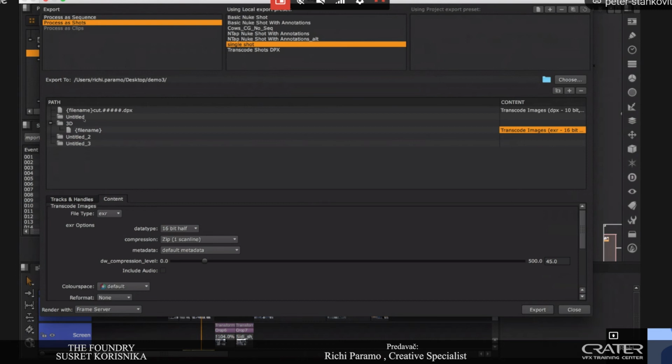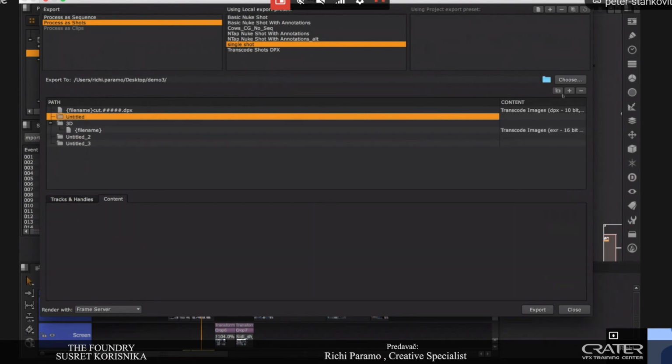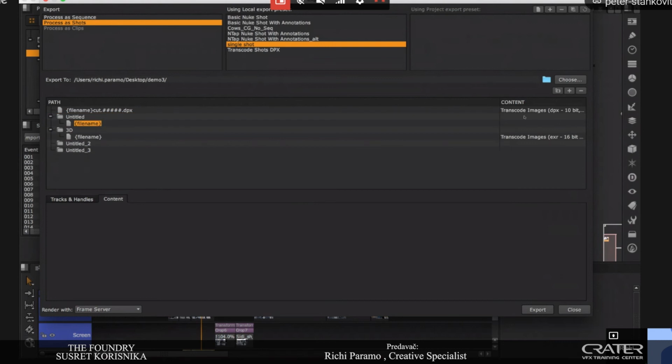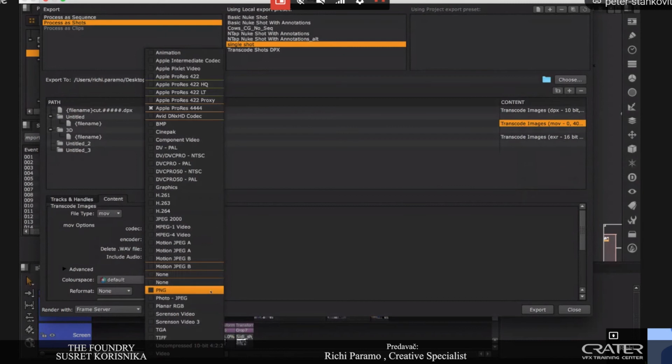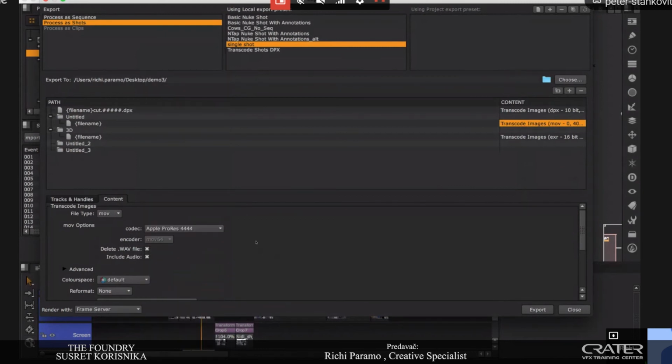In here, let's say that I want, this is for the producer, a QuickTime ProRes with all the flavors from all the codecs we have. So yeah, this is the last part, no worries. Very, very powerful export structure, because as I said, with one click you can export to anyone you want, but